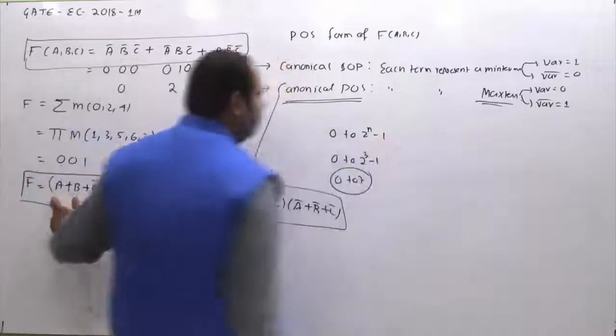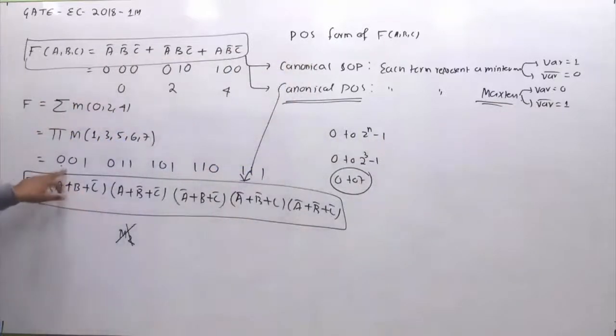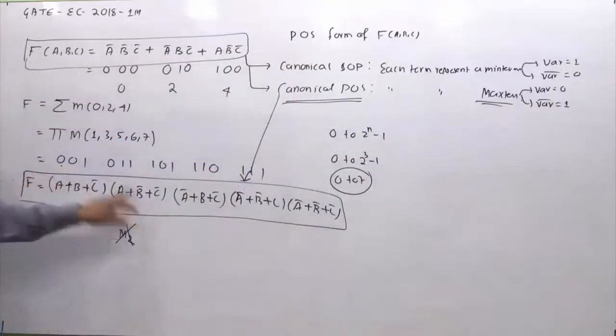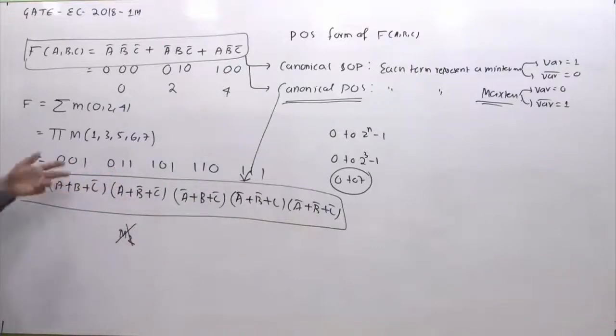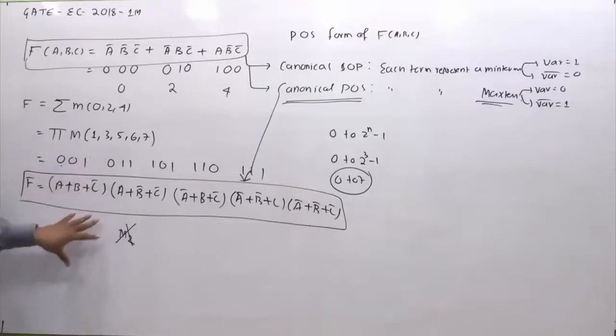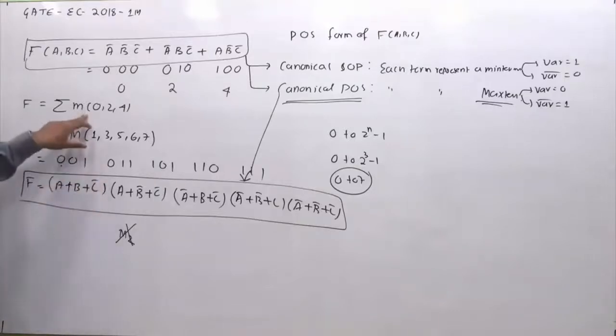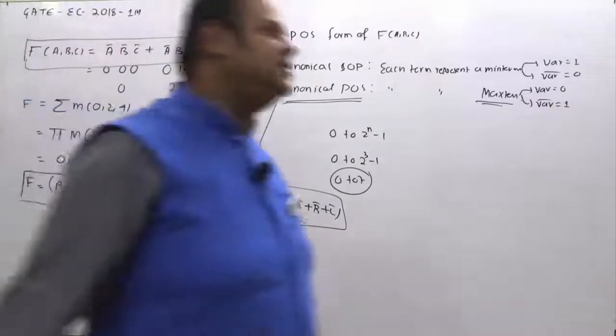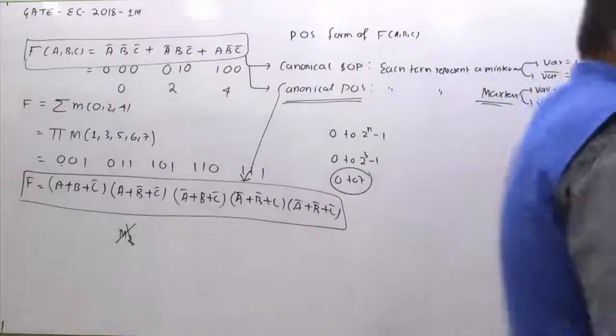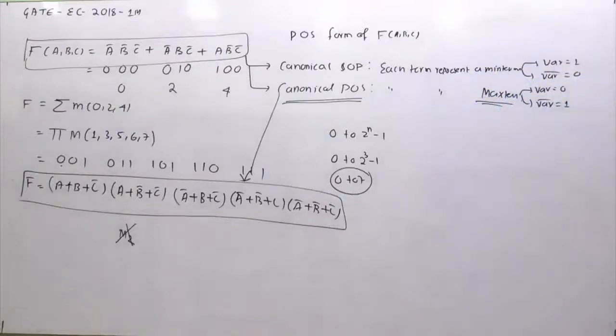Variable bar is 1, variable is 0. Let's say you are translating this, you will be getting this 1. If you translate this, you will be getting this 3. So in case you got something, let's say 2, 4, something like this, that cannot be the right option because those indices are already min terms, they cannot be max terms. So that's the right way to answer such questions in the GATE exam rather than following this approach. But anyway, if you don't know this concept, this is the alternate way to reach this answer.